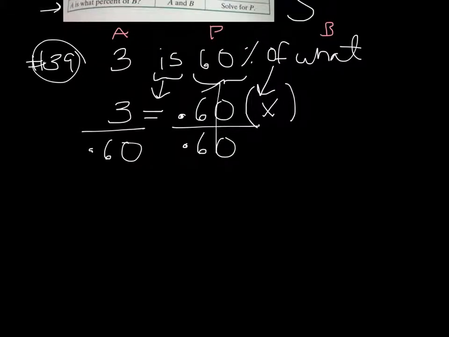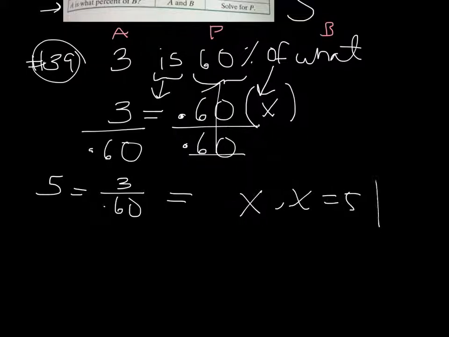Because again, this is a big one. So X is equal to 3 over 0.60. And if you punch that in the calculator, you'll actually get 5. So X is equal to 5. Now, if you don't want to use the calculator, I'm sure most of you do, but you can also do,